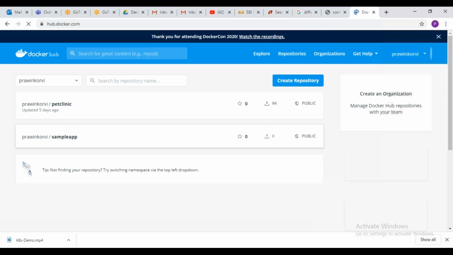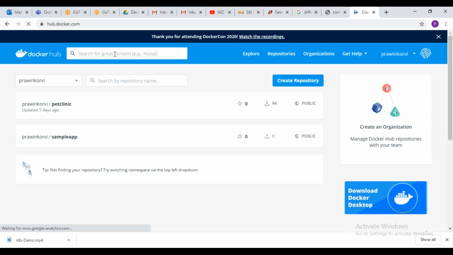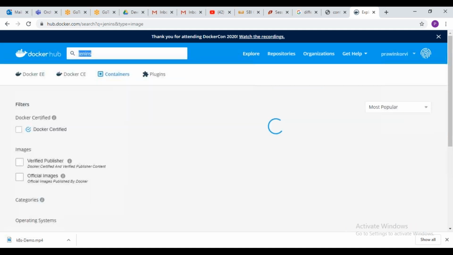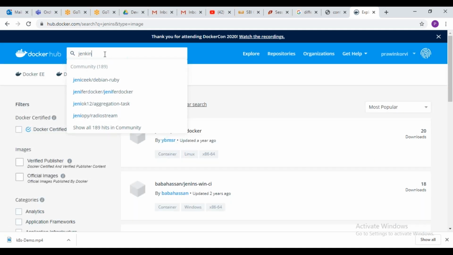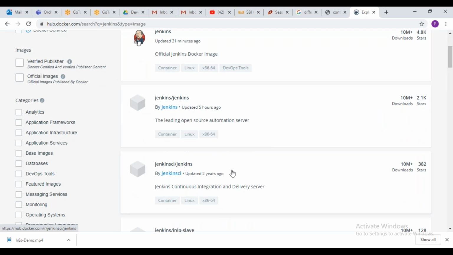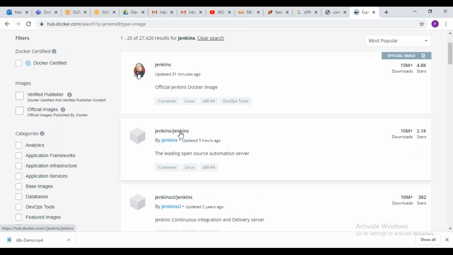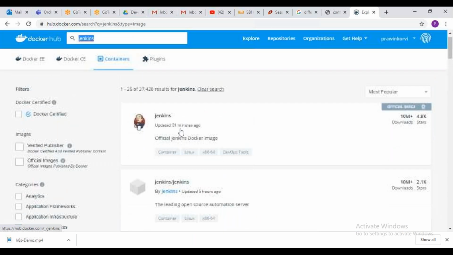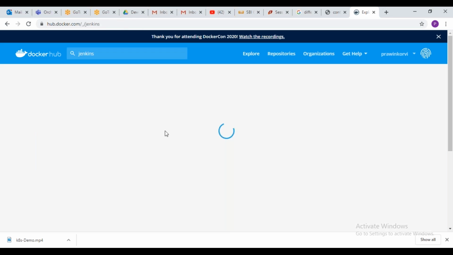So here, this is Docker Hub, and you can see any kind of images over here. Let's say I want Jenkins. Here you can see this is an official image, meaning Jenkins is providing you the Docker images. A lot of software is like this, and individual persons also place their images here. You can see 10 million downloads, and this is an official image. The size is very small, so it can run in a Docker container.